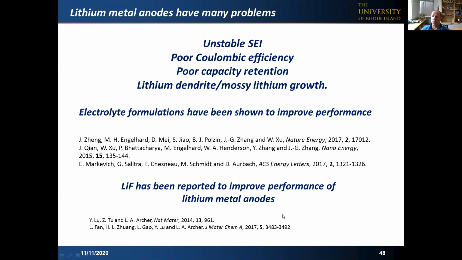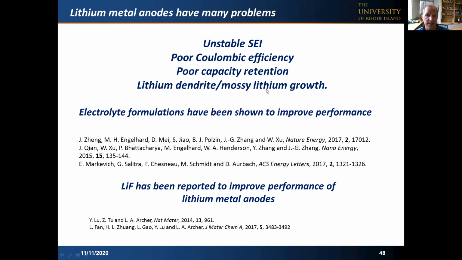And so with this, we went back to look at lithium metal anodes, which, as I said in the first lecture, is one of the holy grails of the lithium ion battery: to develop the lithium metal anode, which has much higher capacity. However, there are numerous problems with the lithium metal anode. First off, we have an unstable SEI. We have poor Coulombic efficiency. We have poor capacity retention, and we frequently generate lithium dendrites and mossy lithium, which can lead to shorts and